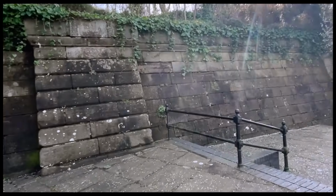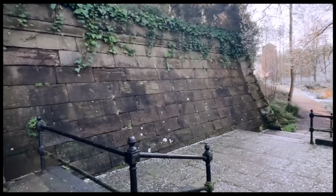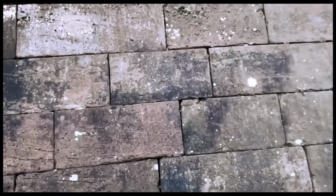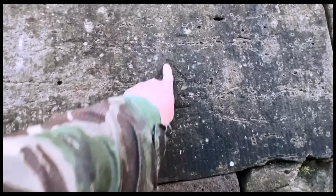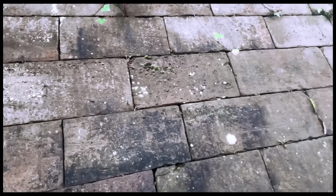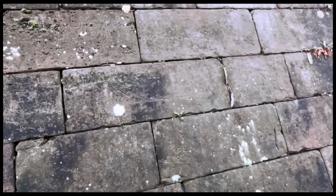So yeah, we're coming down here, and I've come down to look at the stonemasons marks. Now, got to be careful, it was very slippy here a few days back, but if you look, you can't really see these ones, but each one of these ones here have pretty much been done by the same guy, these ones, but there's an X there,